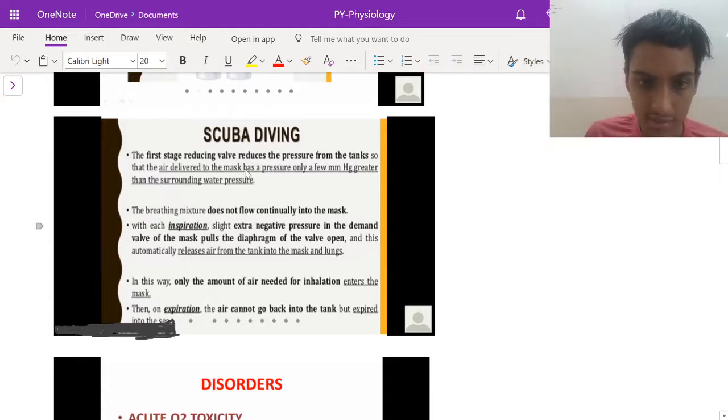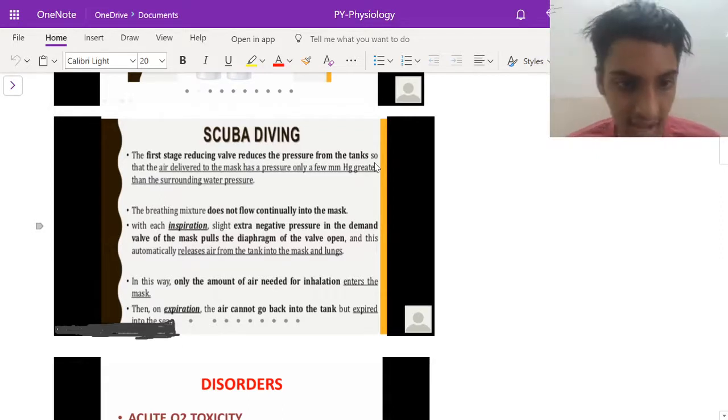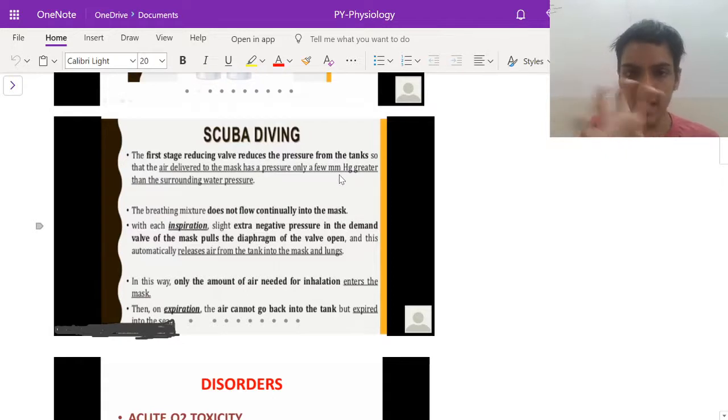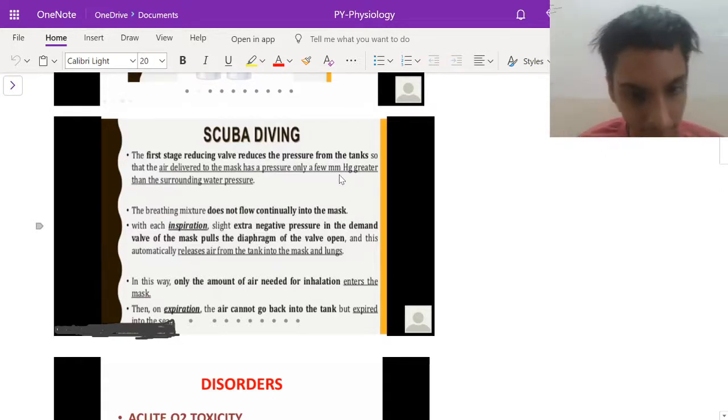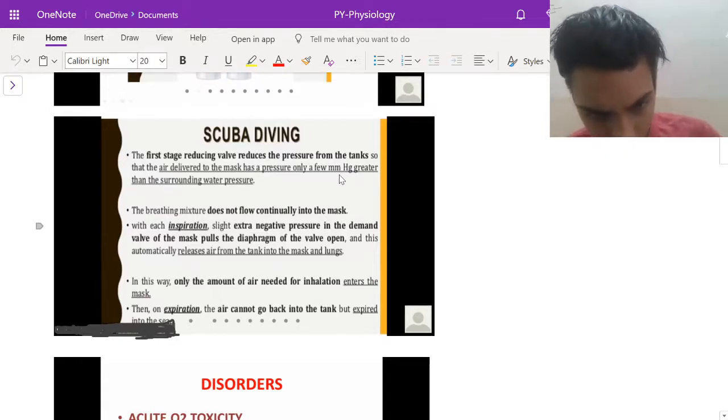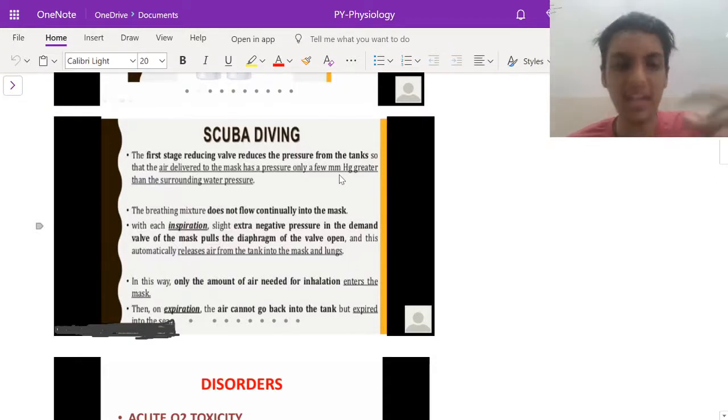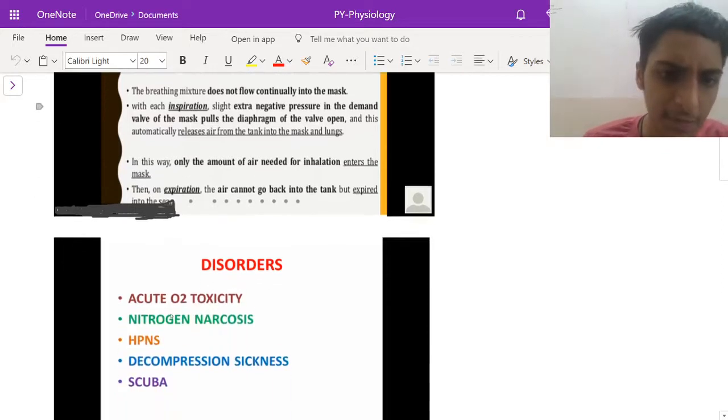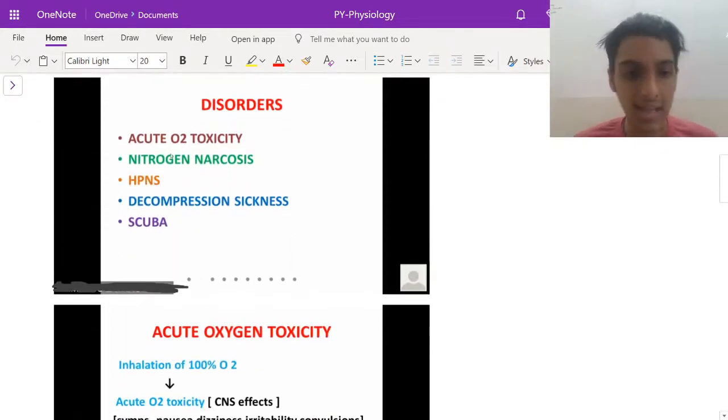And it reduces the first stage valve. As I was saying, it is reducing the pressure from the tanks. So the air delivered to the mask will have a little pressure difference. And we will take in this scuba only the amount of air we need to inhale. That's briefly the mechanism. And coming to the disorders, we have acute oxygen toxicity, nitrogen narcosis, high pressure narcotic syndrome,